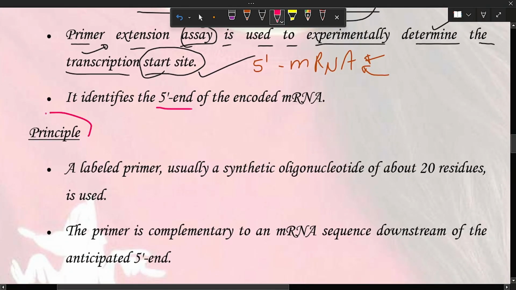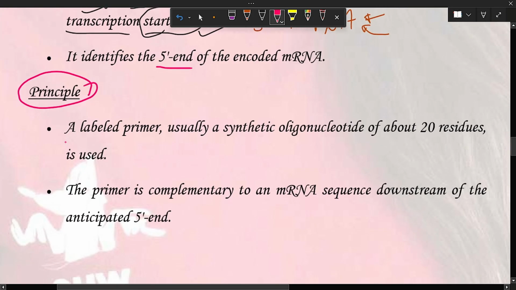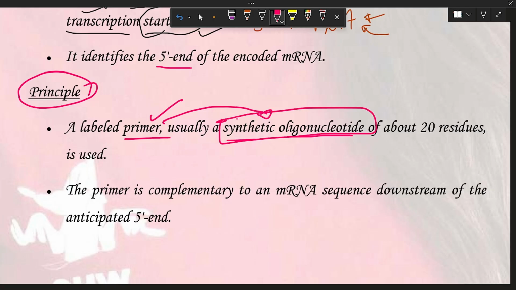Okay, what is the principle of this technique? We use a labeled primer, usually a synthetic oligonucleotide. An oligonucleotide means more than 10 nucleotides but less than 25.